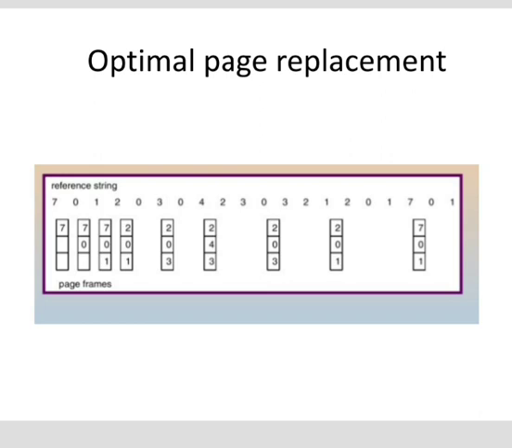Then the next algorithm is the second chance page replacement algorithm. This is a modified version of the FIFO algorithm, that is first in first out. It avoids the problem of throwing out a heavily used page. An additional bit R is attached to each page in memory. A FIFO queue of the pages is maintained. In case of a page fault, the oldest page is removed from the queue. If the R bit of the page is 0, it is selected for eviction. Otherwise, its R bit is cleared and it is inserted back into the FIFO queue, and the search for the page to be evicted continues.